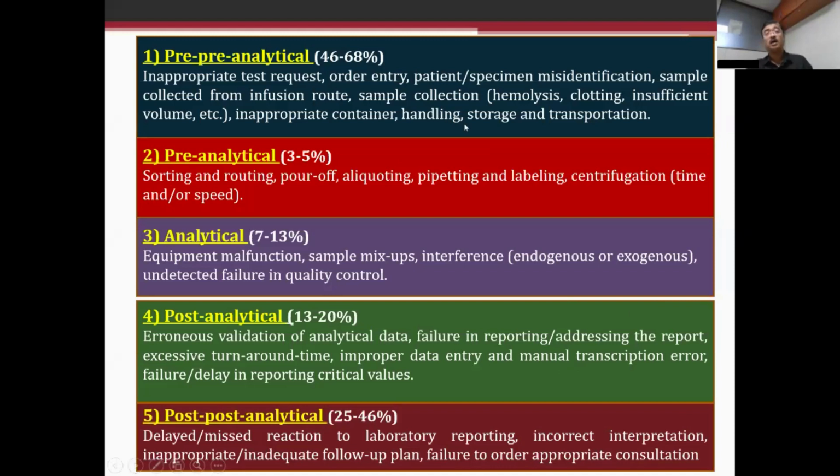And for procedure sample collection, erroneous sample collection, you may end up with hemolysis, clotting, insufficient volume, etc. So why have I termed it clotting? Because sometimes we actually draw more blood than instructed. What happens then? The entire vial contains a good amount of EDTA, which is sufficient as an anticoagulant for